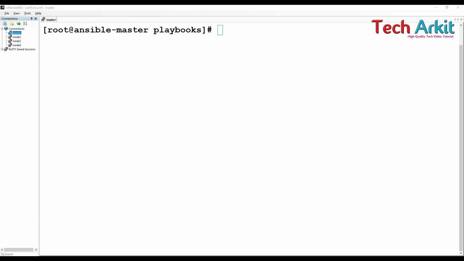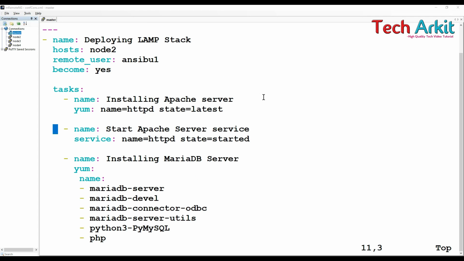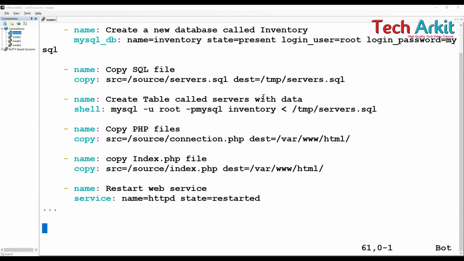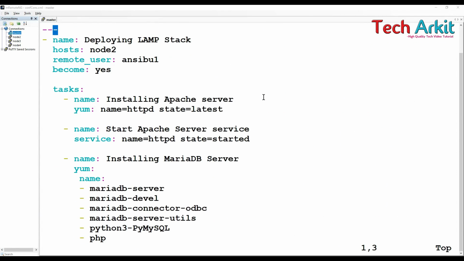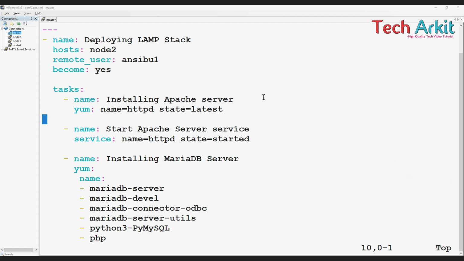Tags are basically useful whenever you have large playbooks. For example, say as per the previous deployment of the LAMP stack, this is a little larger playbook. Here we have so many tasks, and say I wanted to split these tasks into multiple parts, like running only a few of them certain times, not all. But whenever you run the playbook, it will execute all the steps,